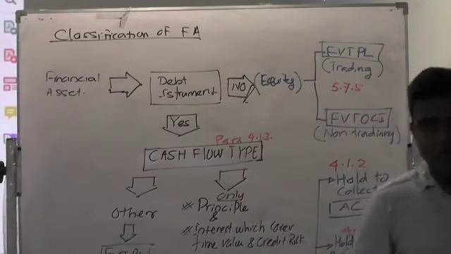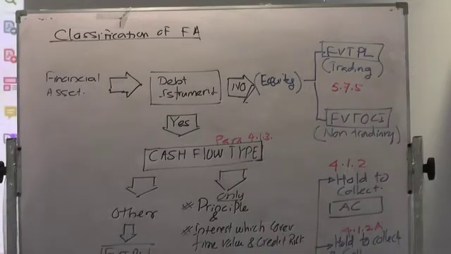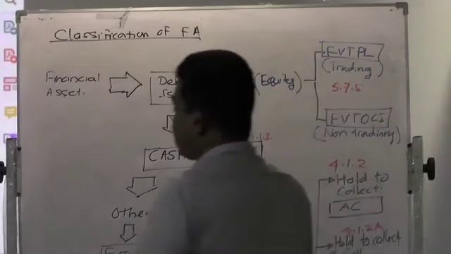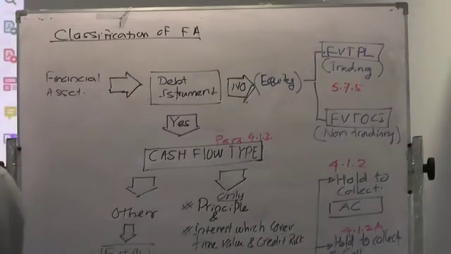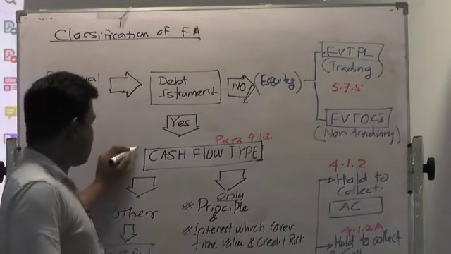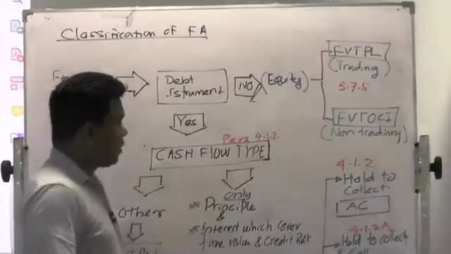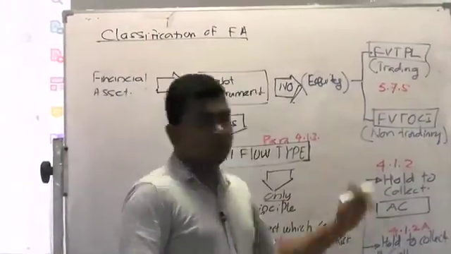What you need to do now, take this picture into the first page of the standard, fix the picture with the numbers, then anytime you can find out where the definition exists. Clear? This is the classification of financial assets. Now, the next part, how to apply this. Especially you need to know how to apply this cash flow type test and how to apply these business models.